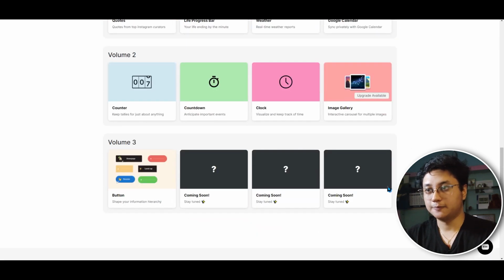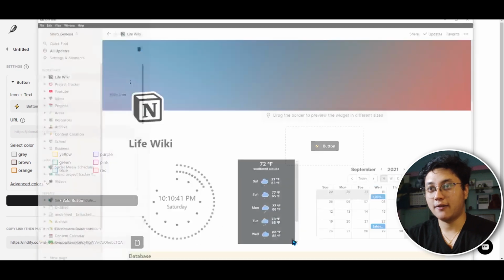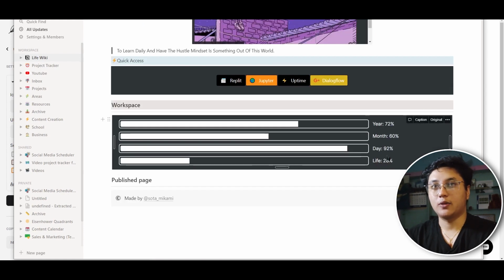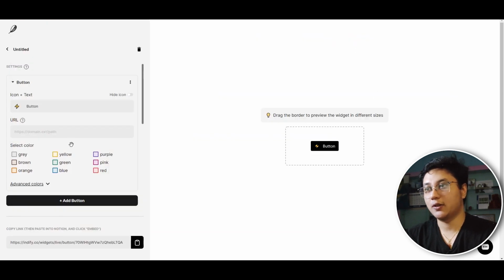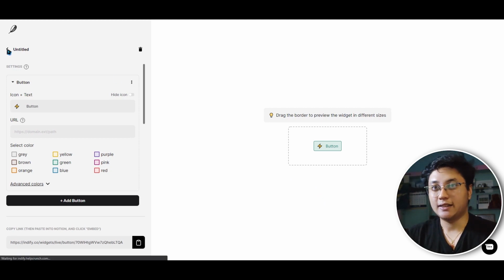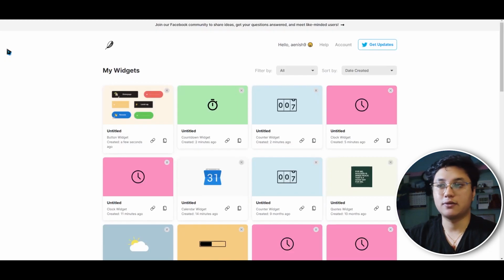The next thing is these Notion buttons, which I have placed over here. They are like my simple bookmarks in Notion. I click this and it will go to Replit, Jupyter Notebook, Uptime, Tiger Flow, everything like that, which is also pretty handy. You can select any colors, copy and paste it over, and you're good to go. That's pretty easy. If you're watching this video and thinking, is it that easy, or am I just tricking you, it's absolutely not a trick,